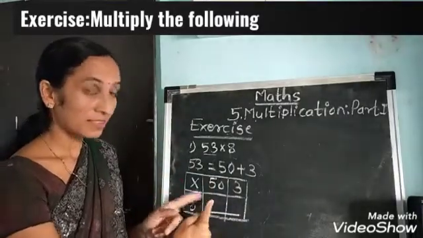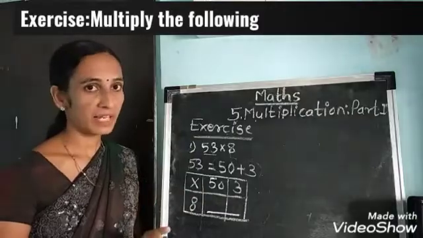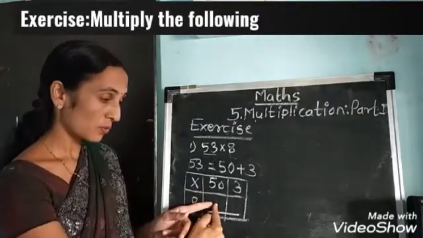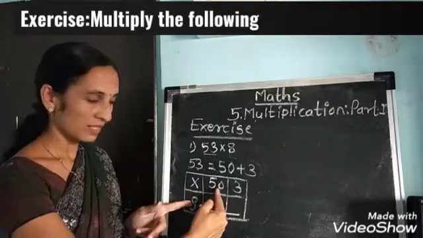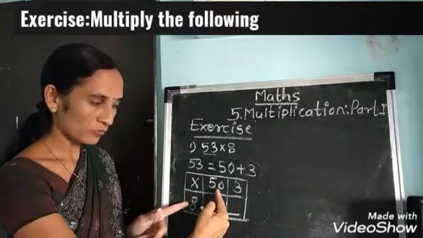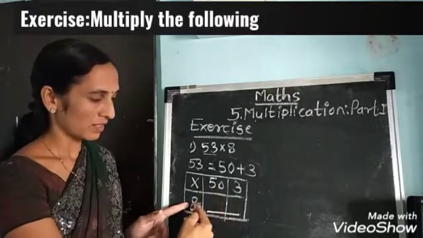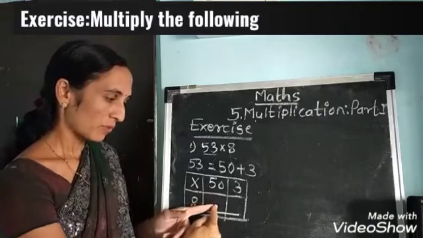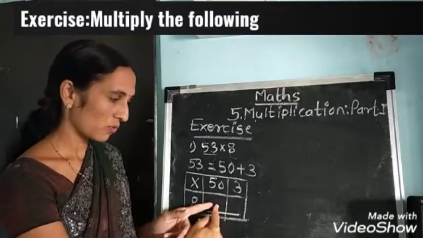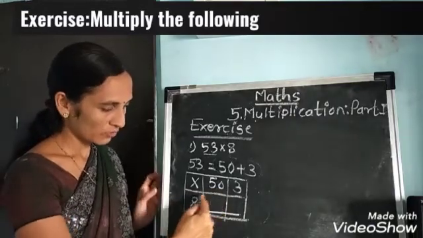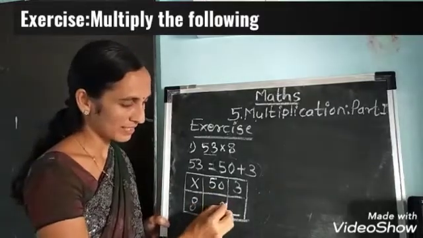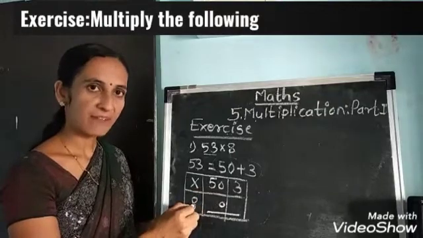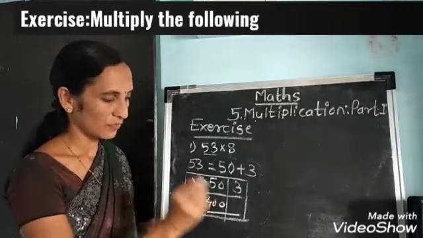Observe the movements of my finger. I wanted to find the answer of this box. So go straight. Got? We have to multiply these two numbers. No need to get confused. To find this answer, you will multiply these two. No, it is wrong. We wanted to find the answer in this box. So go straight. How many zeros are there in both boxes? Only 1 zero. Write that down here. 5 8s are 40. 40.